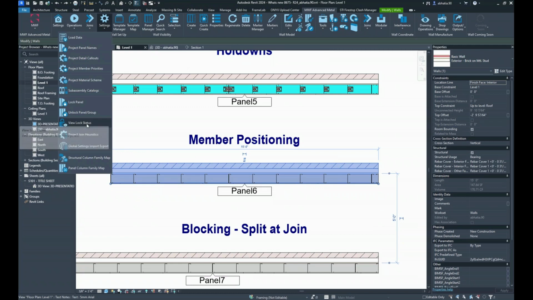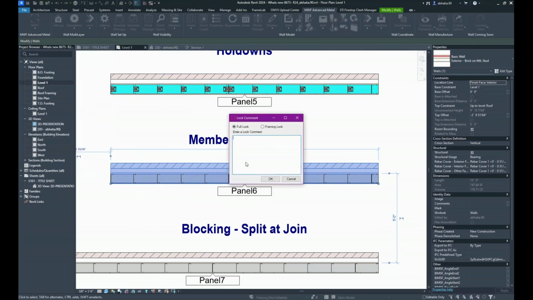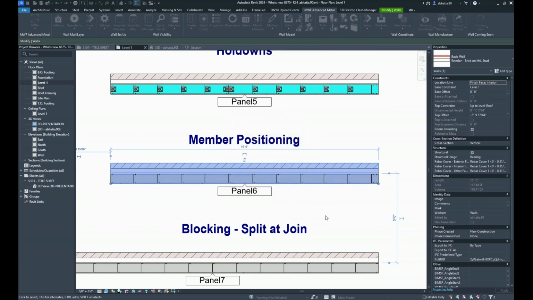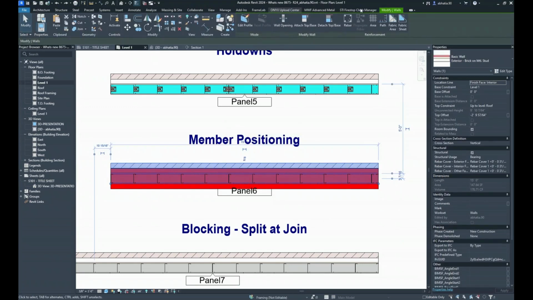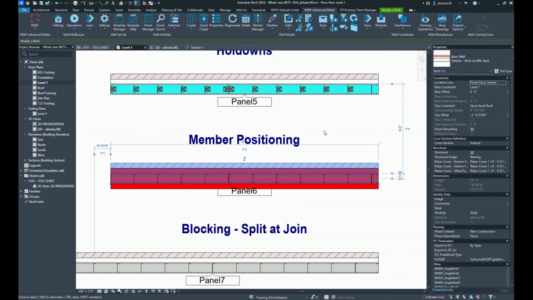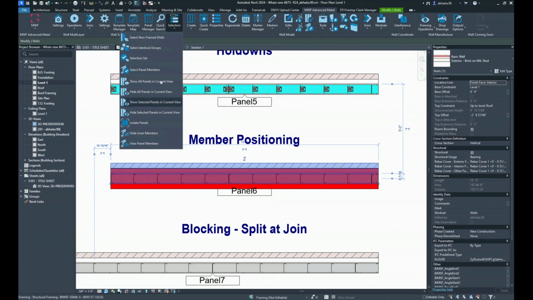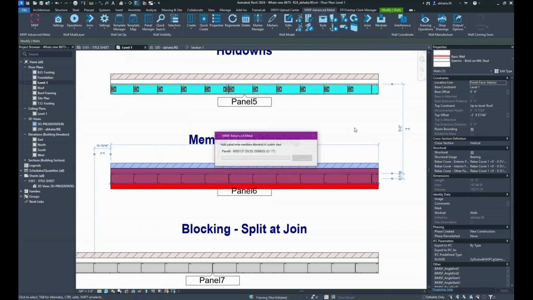So if you upload your panel to Onyx, it basically makes it a locked panel. Maybe it's issued for construction, and you have a locked panel like so. So now we're basically going to run positioning on a locked panel. So we can select all panel members,